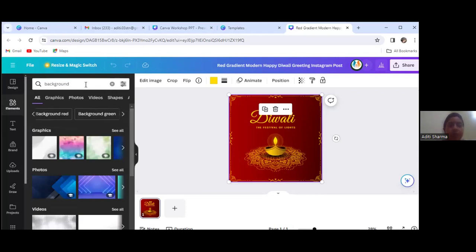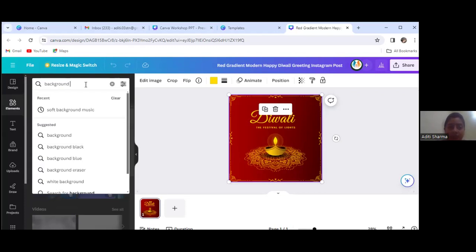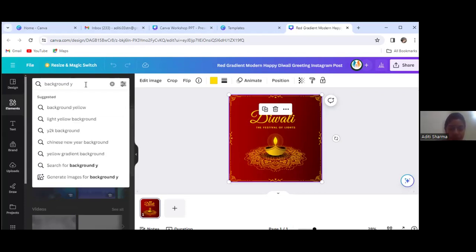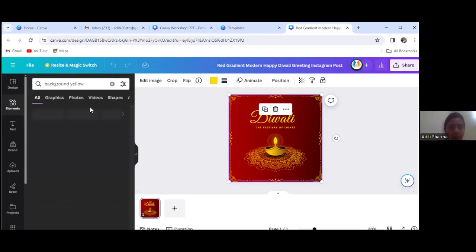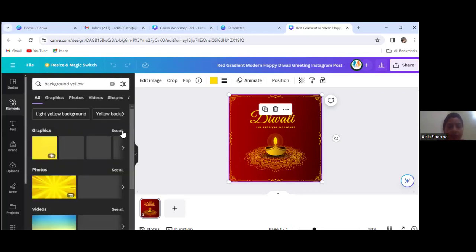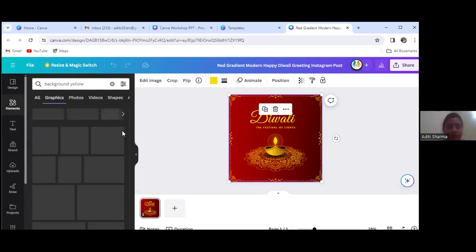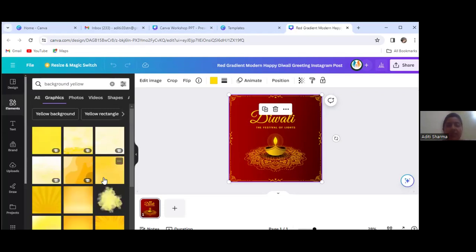If you want a particular color, you can write background yellow. You can select any picture.